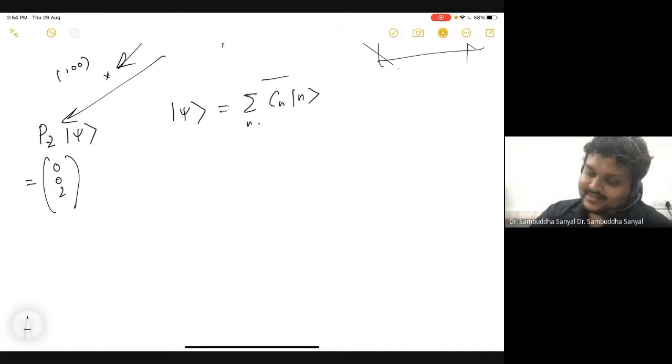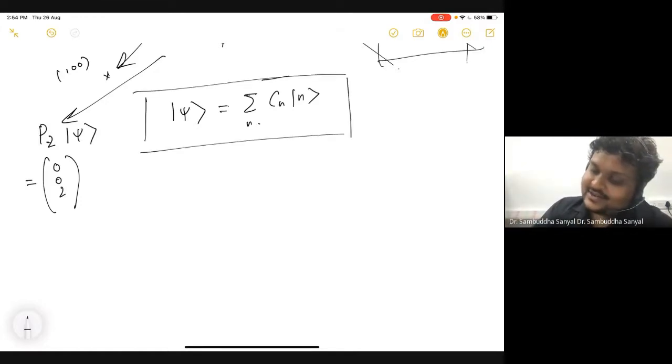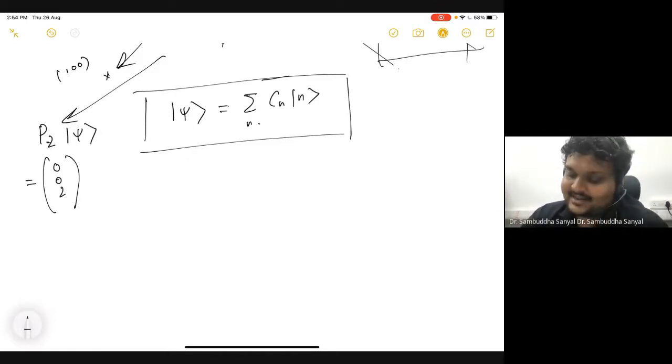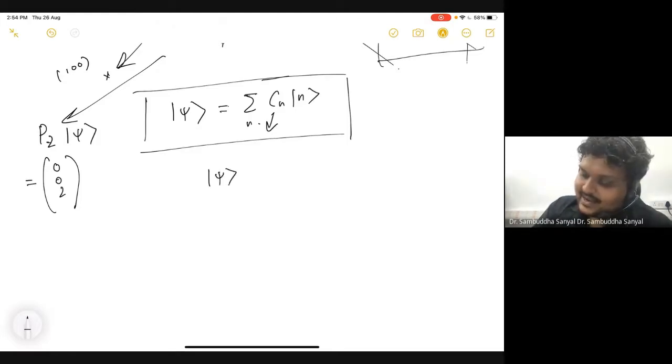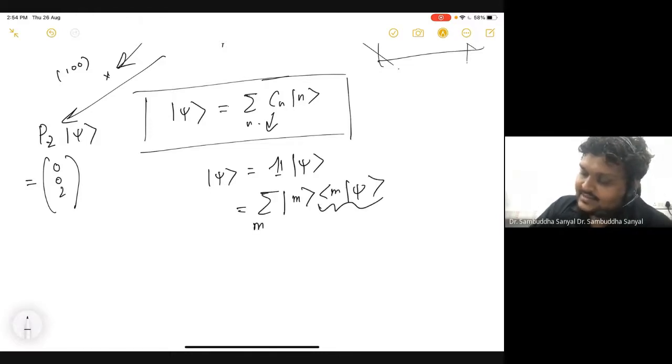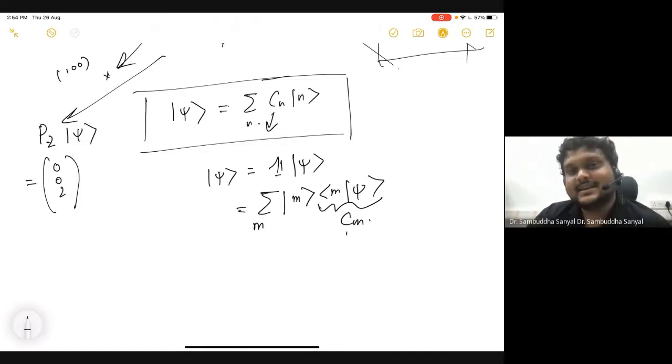follows automatically. So now this resolution of identity, you can also test these ideas. Take 1 1 2, express it like that, and you can work out each of these coefficients. This Cn is basically this psi. I can use the identity times psi, and I can rewrite this as the sum over m of m psi. So this is nothing but my Cm. I'm just using a dummy index n or m, whatever I use. So how will I find that? By taking the inner product of psi with that m. So again, test these ideas against those vectors. Then you will be completely confident about all those things.